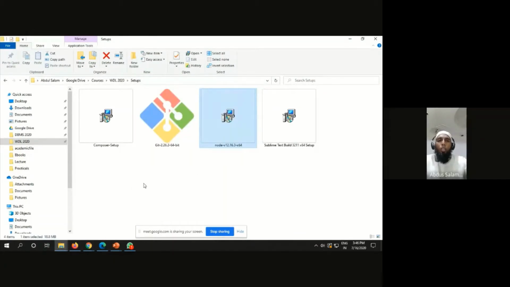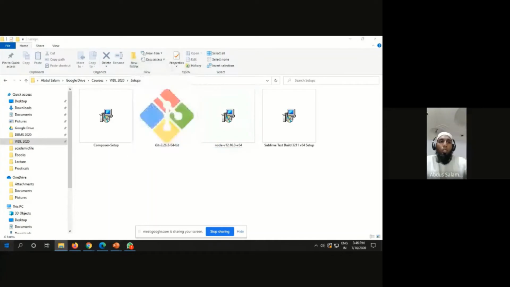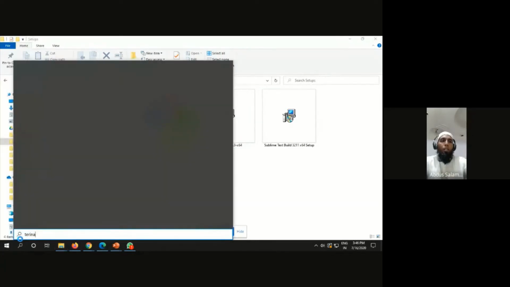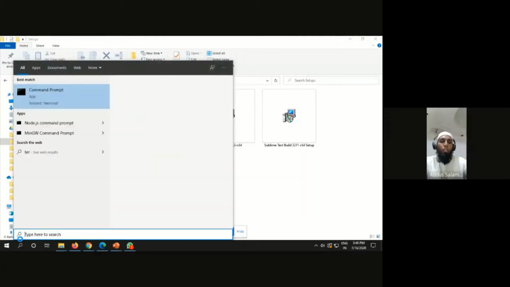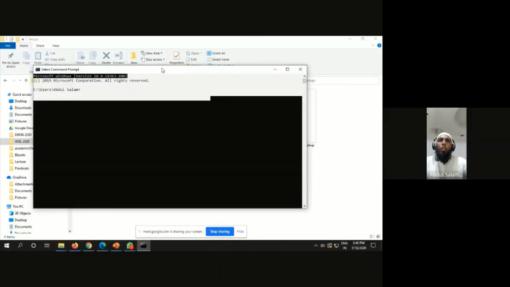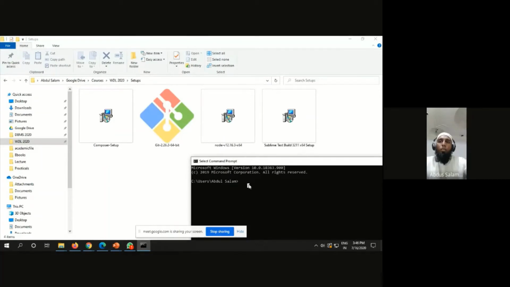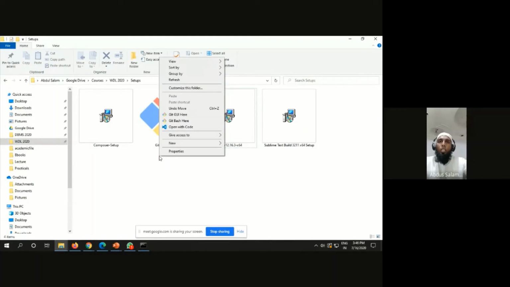After installation, if I want to see whether everything is good, I have to go to the console. On Windows, we have CMD, and on Linux, we have terminal. For Git, after installation, I can right click and open the Git Bash option.